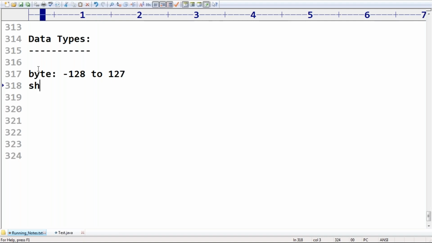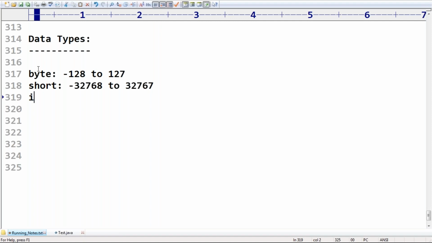Next, short. Anyone, can you please confirm what is the short range? Minus 32,768 to 32,767.